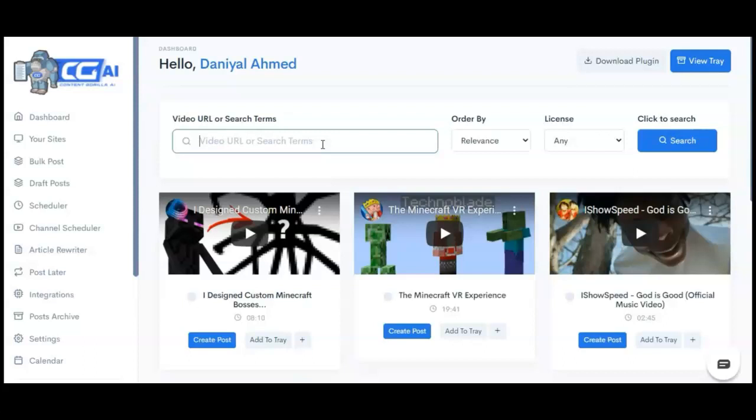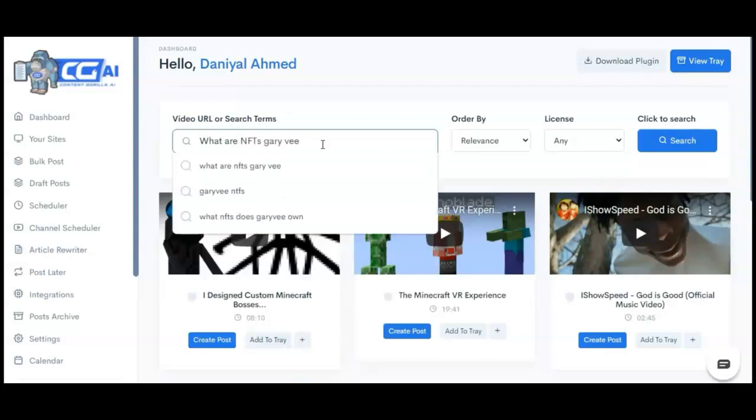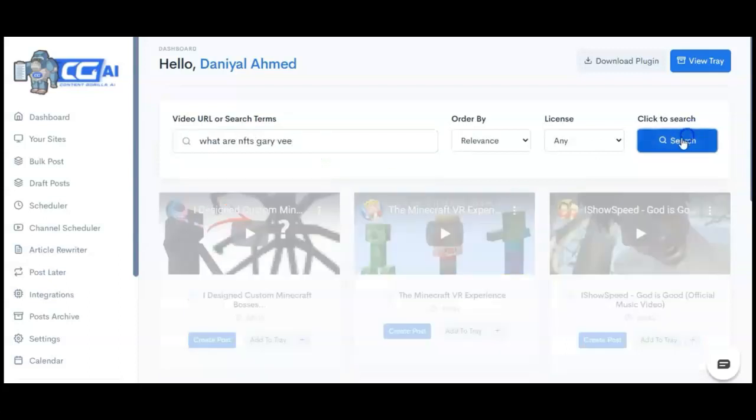See, inside the Content Gorilla dashboard, you can search for literally any niche, any keyword, and it's going to fetch results from YouTube and give you related content. Now, let's say I want to write something about NFTs, and let's say I want it to be a Gary V video, right? Let's just go ahead and search that.